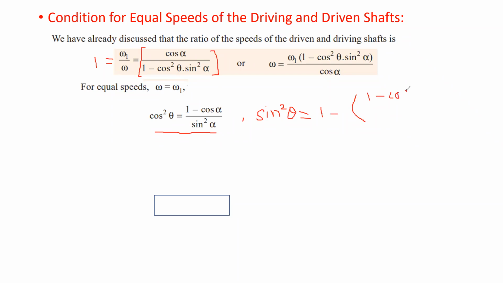okay, 1 minus, sorry, 1 minus cos alpha upon sin square alpha. Okay, like this. And then later on you can simplify it first. Then you take the ratio sin square theta upon cos square theta. So you will get your condition in terms of tan square theta. Tan square theta you will get something, and then you can write the equation for tan theta. Okay, so further if you write it,